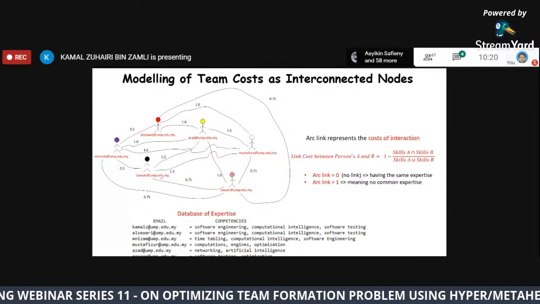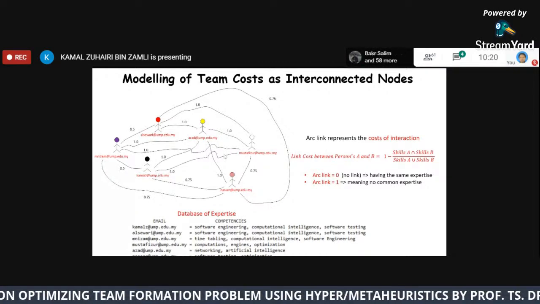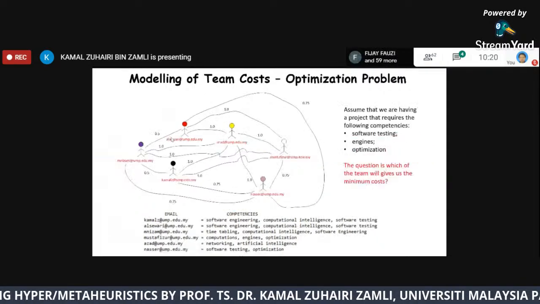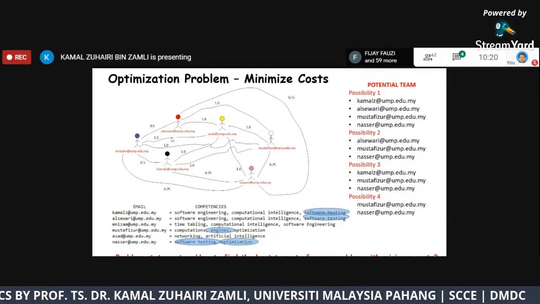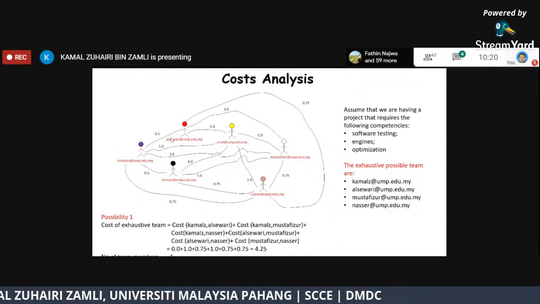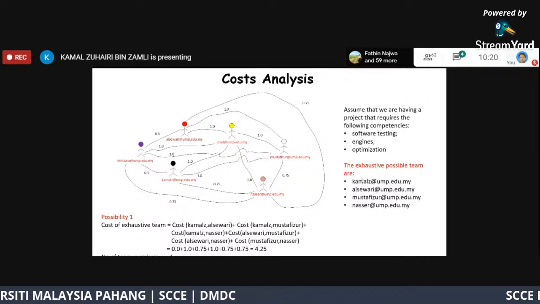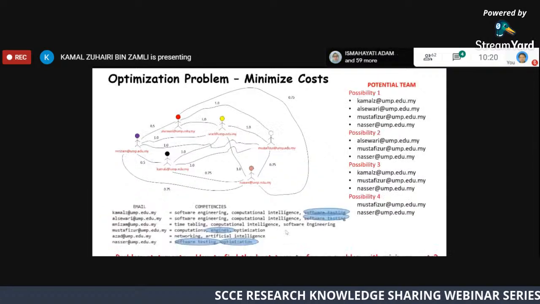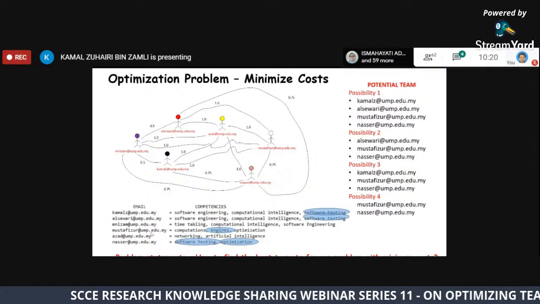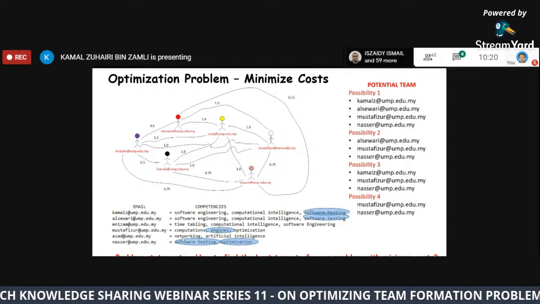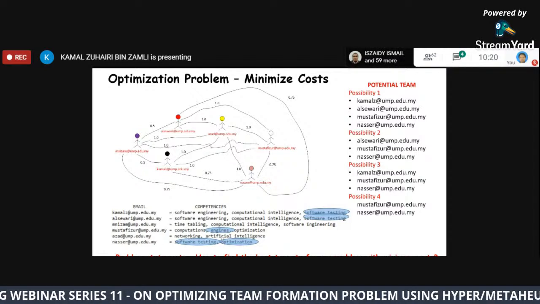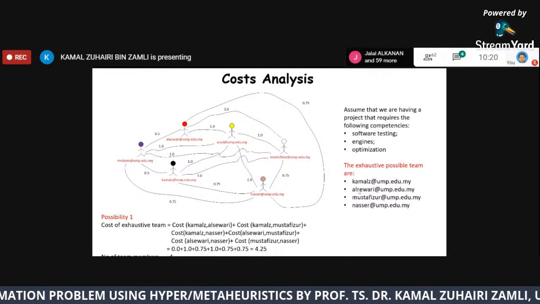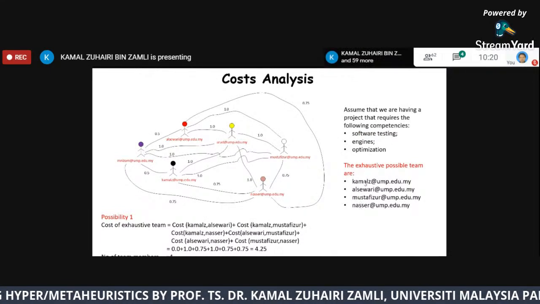Okay, if there is no interaction at all, you have a maximum, which is 1 cost. So by doing this graph, we can model, for example, the cost for the exhaustive possible team, meaning I select all of them except Mustafizo, because the requirement does not require networking and artificial intelligence. You can see if I have the team of Kamal, Aswari, Mustafizo, and Nasir, the cost will be the cost of